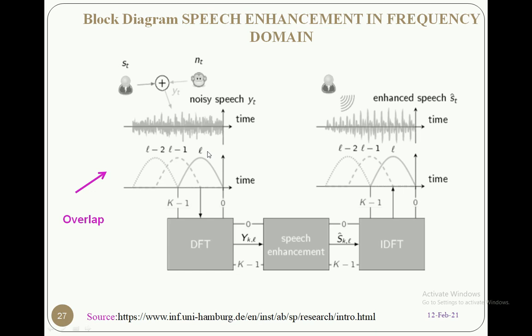After that, you have to apply the Fourier transform on that windowed first frame. You will get the DFT coefficients of the L-th frame, where L is the frame number, and K is the number of coefficients of those first 160 samples. So we'll see how to implement all these things in MATLAB.